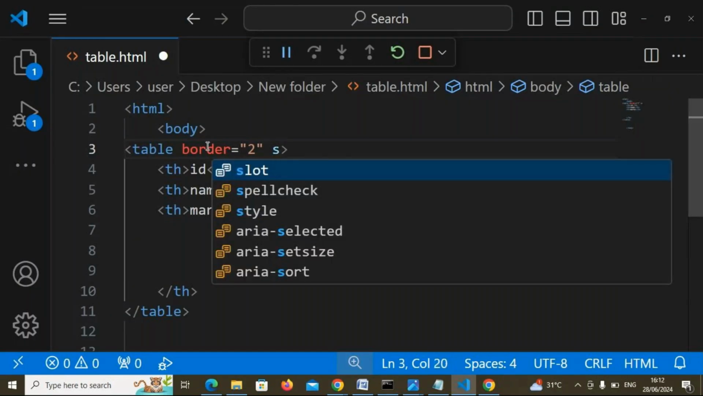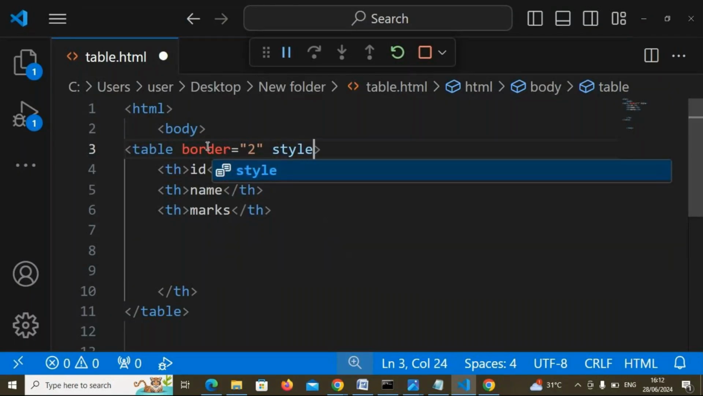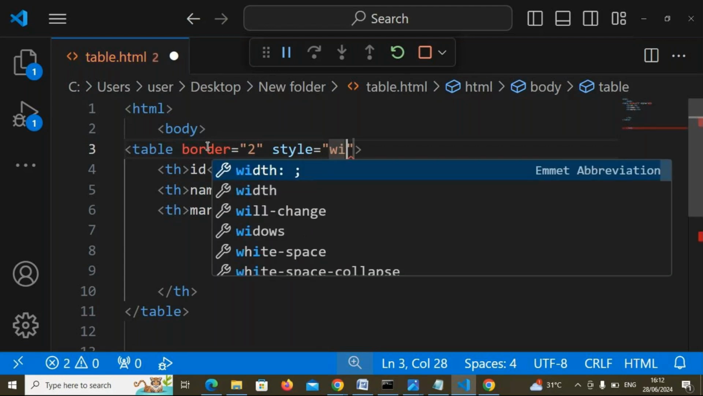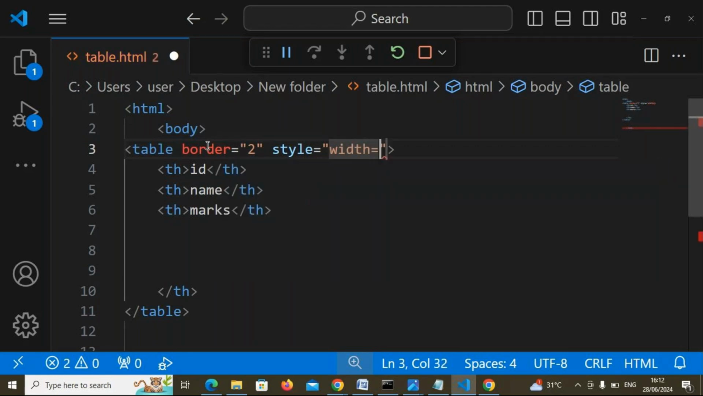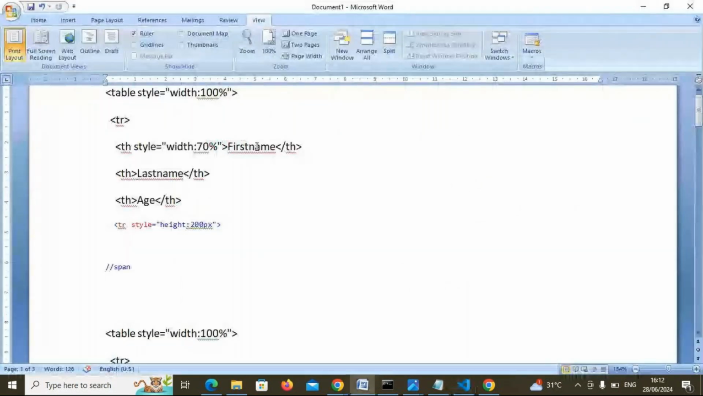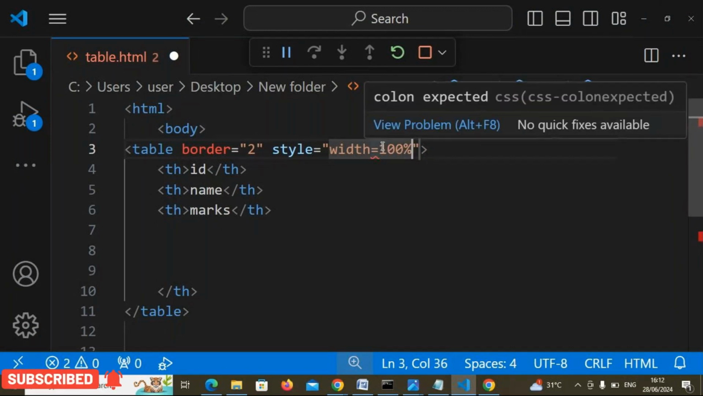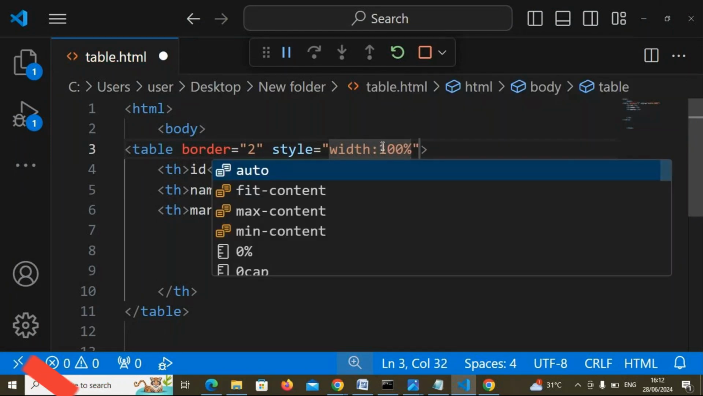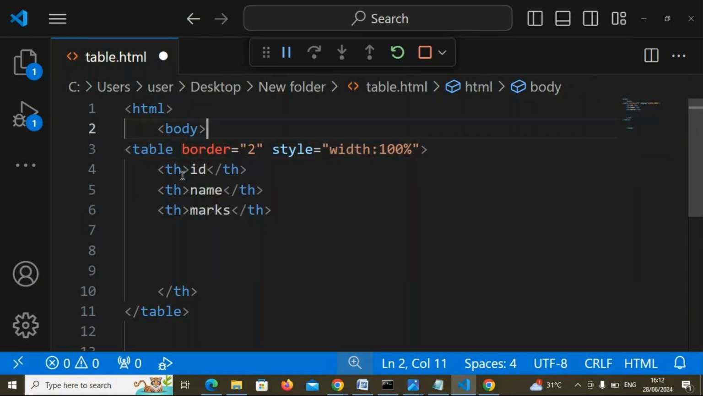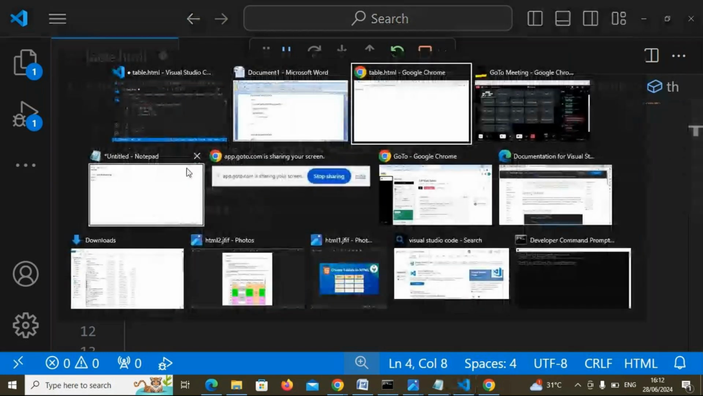So I'm writing here the style attribute, style equal to, and you will be mentioning the width. Suppose you want 100%, you can give 100, or you can specify 70 or whatever the percentage you want. Suppose I'm giving here 100%. You specify colon instead of equal to. Now here in the table heading,